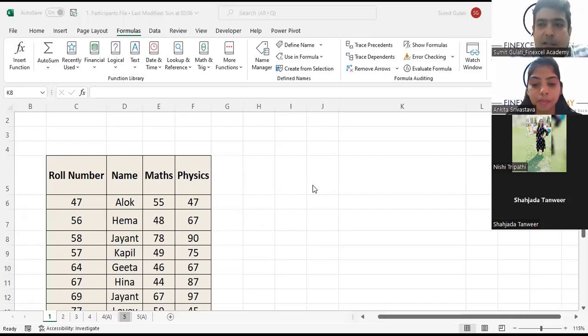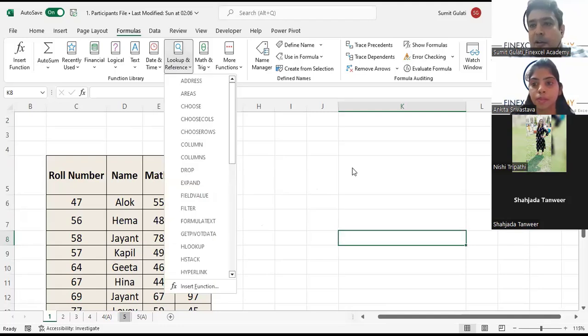The title of today's workshop is Microsoft Excel lookup functions. Now, what are lookup functions? If you see this formula tab, there are a lot of lookup and reference functions out here. So lookup and reference functions are here. What we'll be talking about today are the most critical functions within this category, which are VLOOKUP, HLOOKUP, XLOOKUP, which